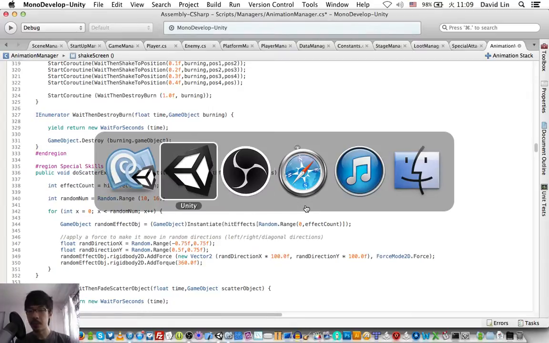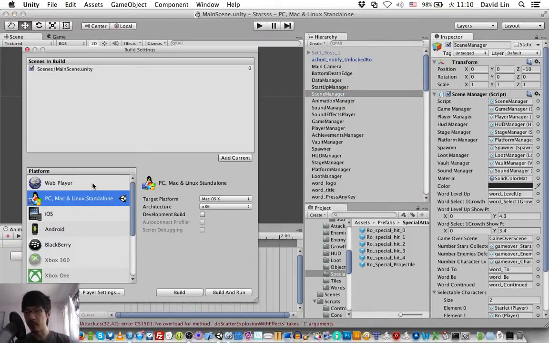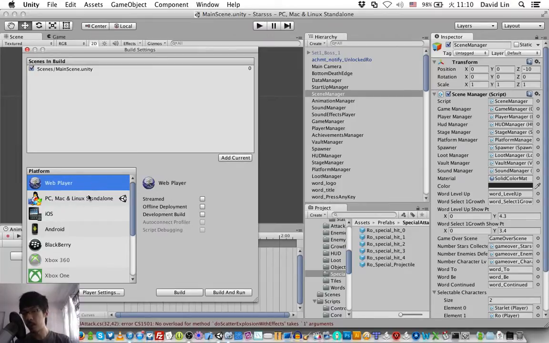Okay, so for Unity, you can build games for the web, for PC, for Mac, and for Linux.